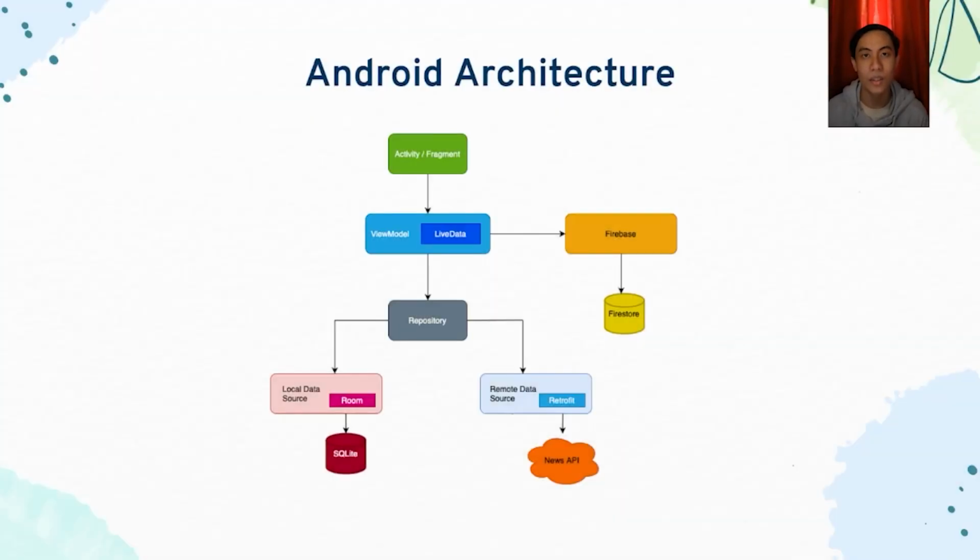MVVM architecture is a Model-View-ViewModel architecture that removes the tight coupling between each component. Most importantly, in this architecture, the children don't have a direct reference to the parent. They only have the reference by observable. Model represents the data and the business logic of the Android application. It consists of the business logic, local and remote data source, model classes, and repository.